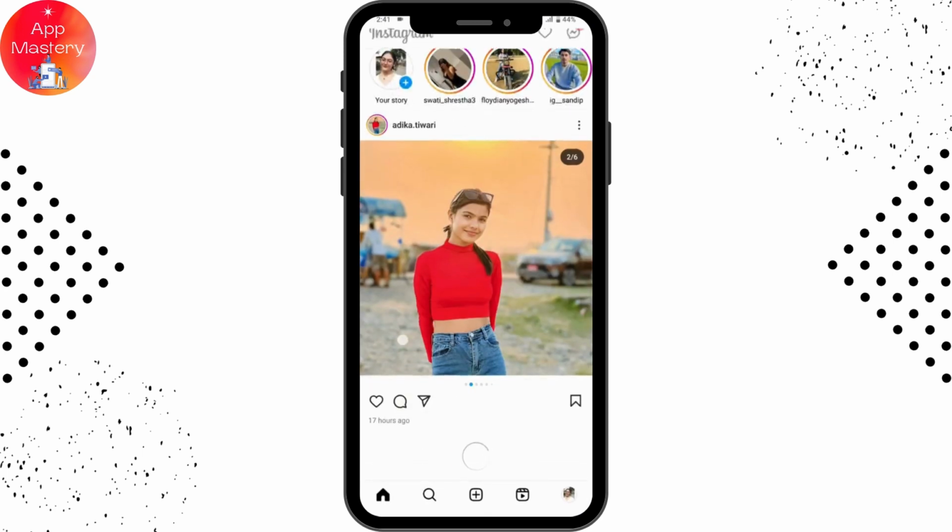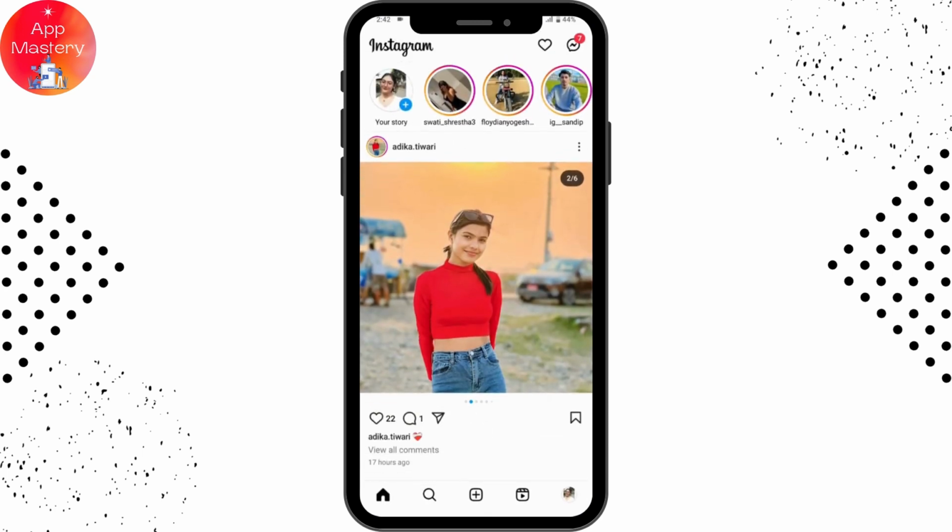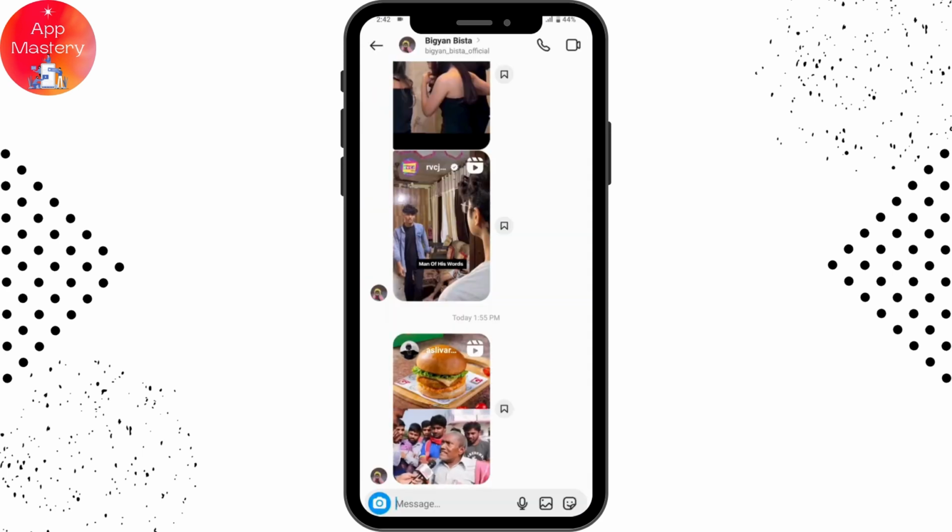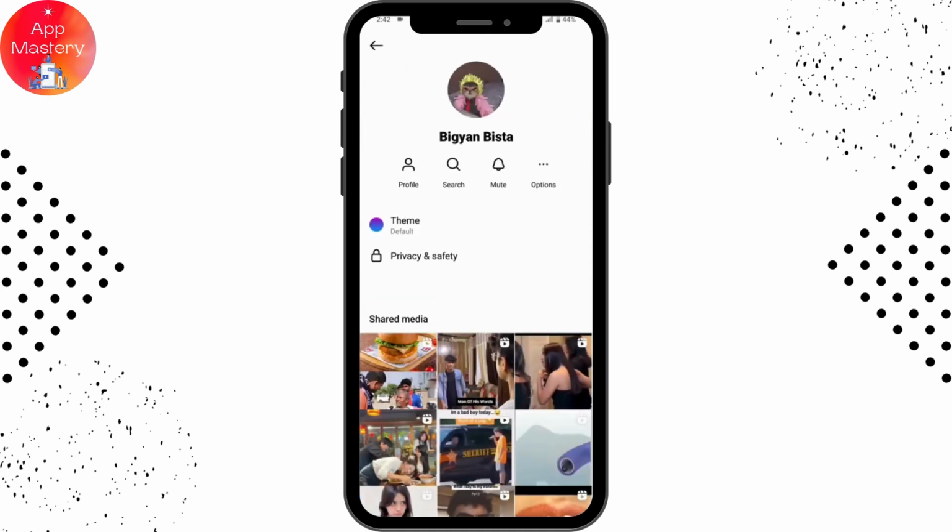Once you've opened it, you can simply go to the messages, which is on the upper right, and then you can open up a chat. So for example, I have this chat right here. If you go to the upper left of that chat, which has that name, you can simply tap on